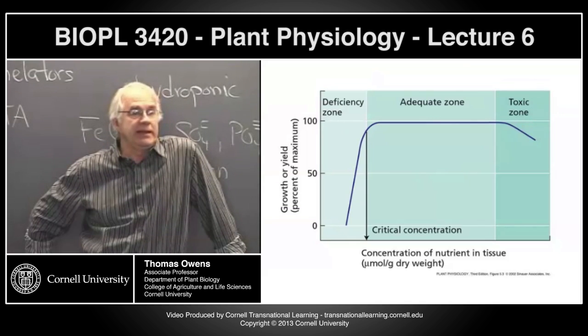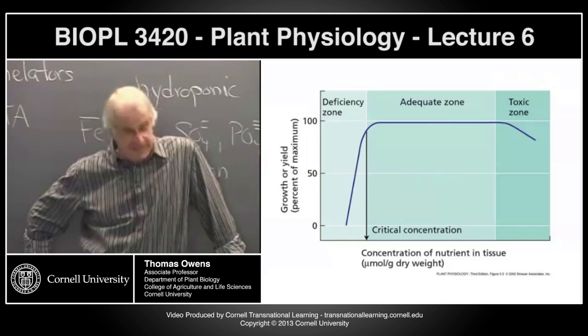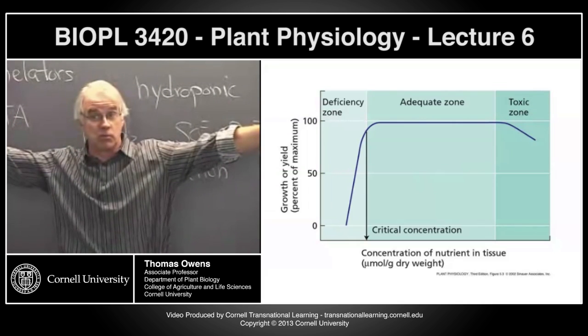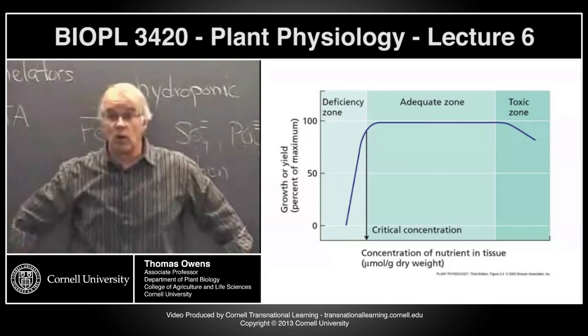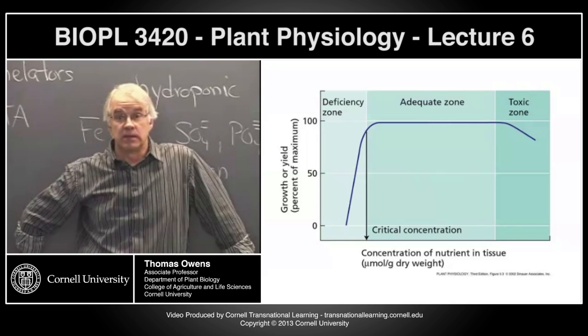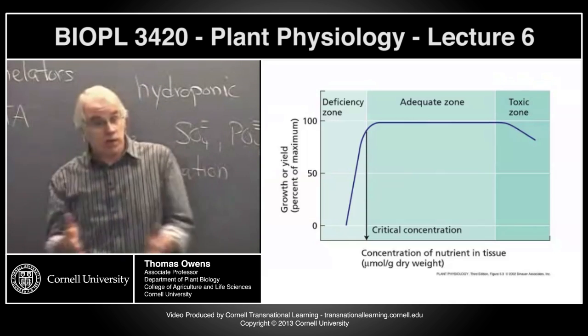What might be an adaptation to dealing with low nutrient availability? Being able to expand their root network, that would be a good one. So plants that can expand their root networks more would be more likely to grow well in nutrient-deficient soils than those that can't. One of the things that we'll talk about next Tuesday is